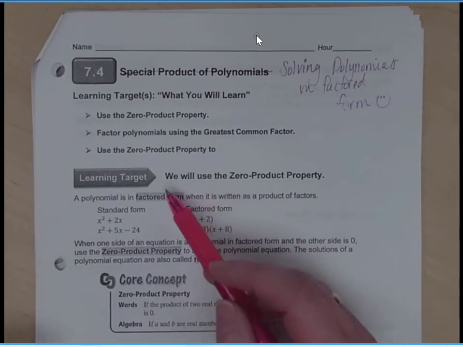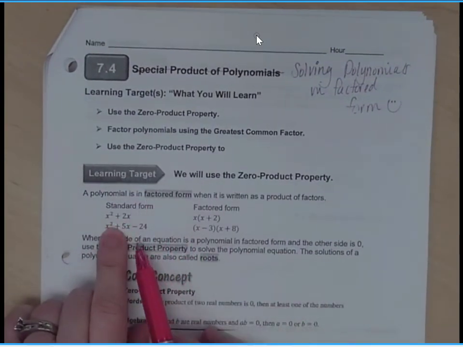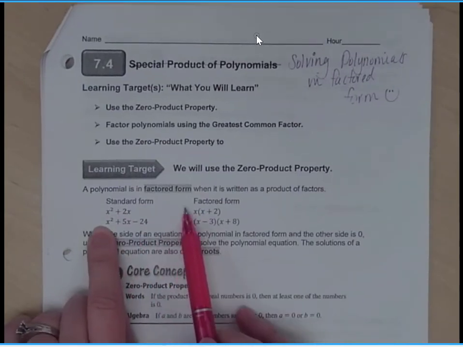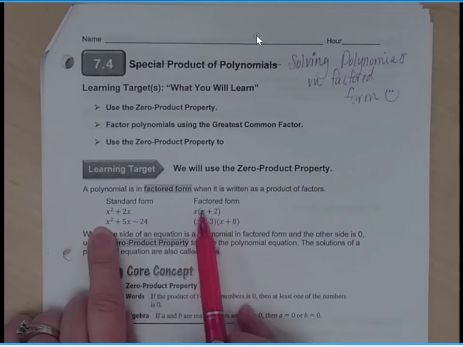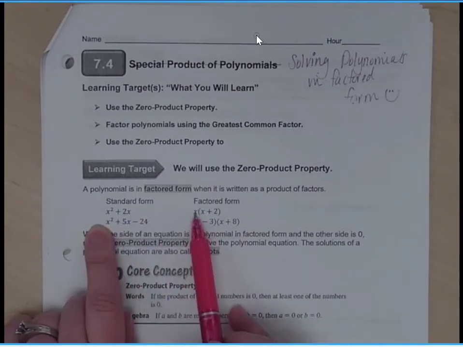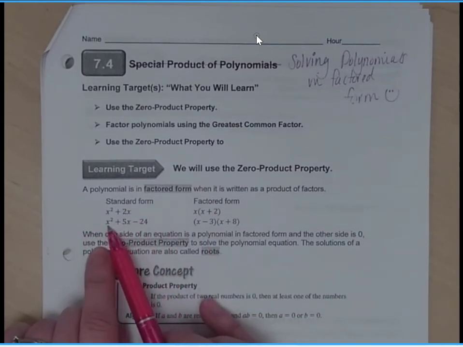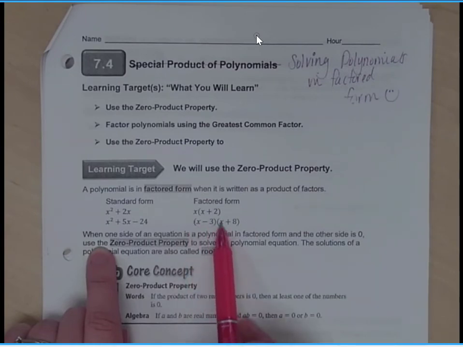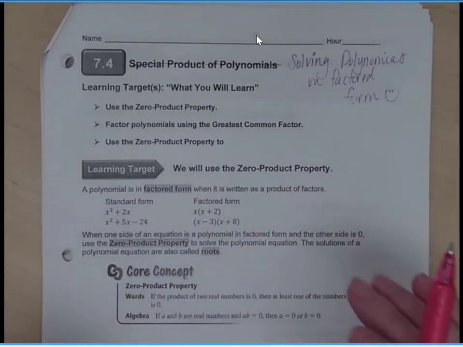polynomials. Now, I just want you to recall standard form has no parentheses in it. And factored form is kind of what it looks like before you distribute. So x times x is x squared, x times 2 is 2x. When I had x squared plus 5x minus 24, this is what its factored form looks like. Now, I'm going to remind you